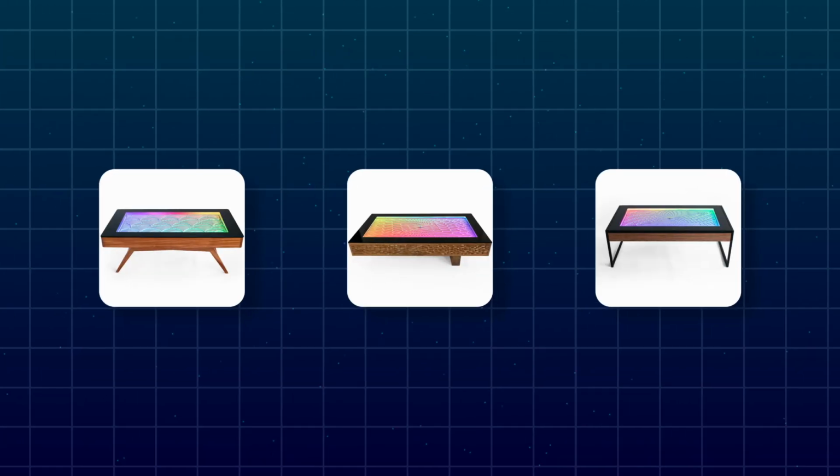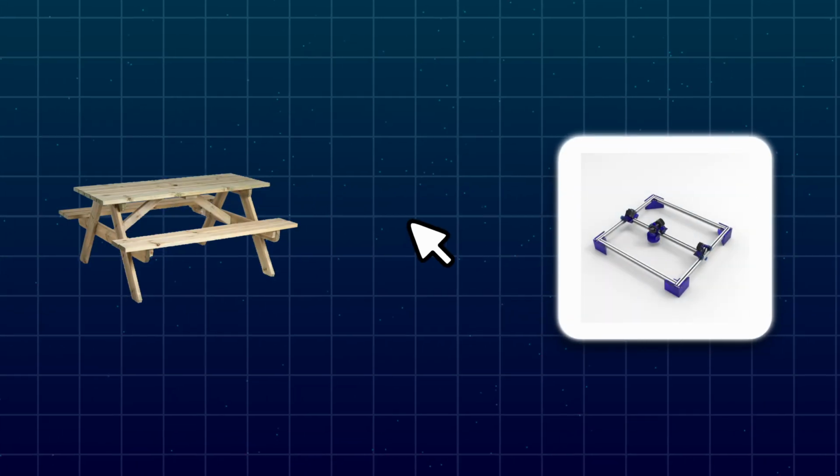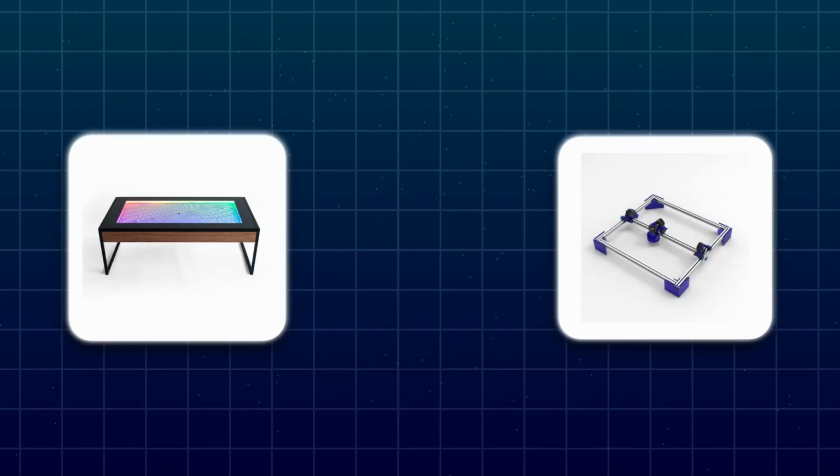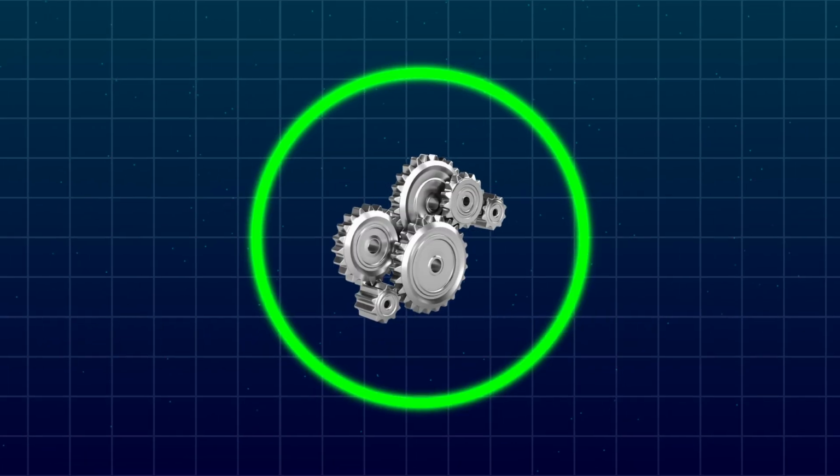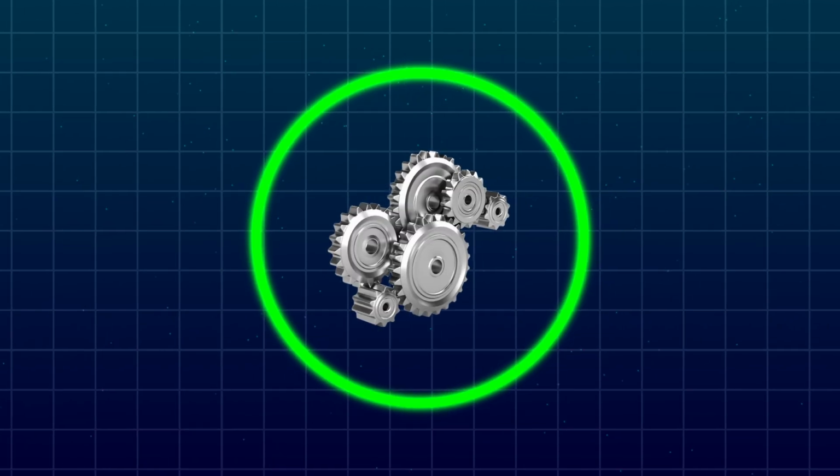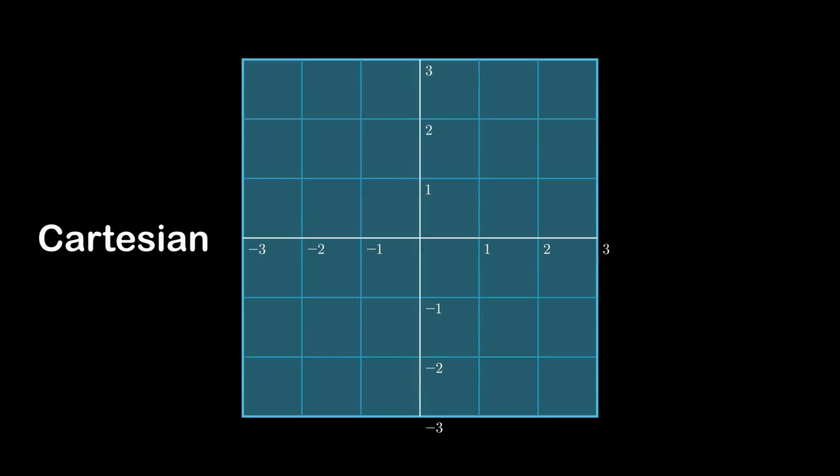Making a square table would be easy. I could just copy and paste the XY parts of a 3D printer or CNC machine onto the table and call it a day. But squares are boring, which means I have to find a mechanism that fits cleanly into a circle. Normally, we use the Cartesian coordinate system when plotting points, but for this project, I need to use